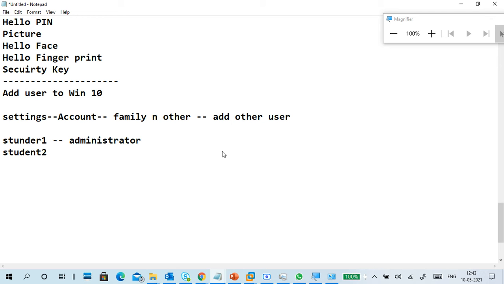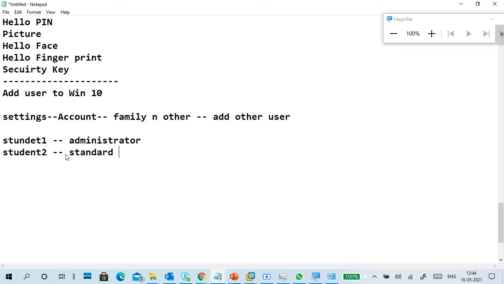Next account I created, student two, is automatically the standard account. So administrator and standard accounts are there.